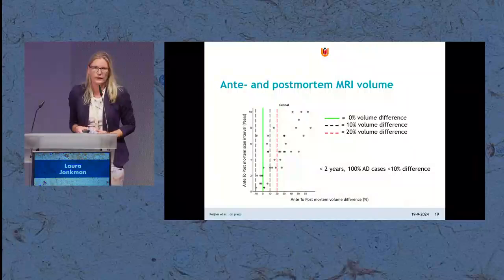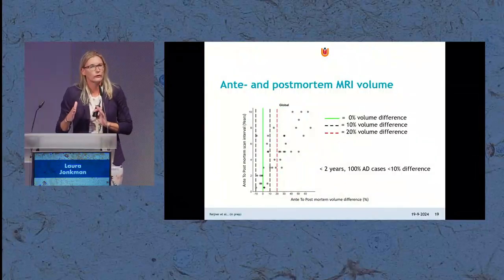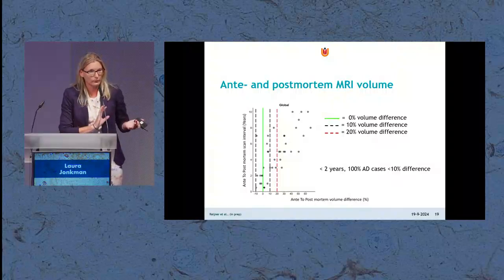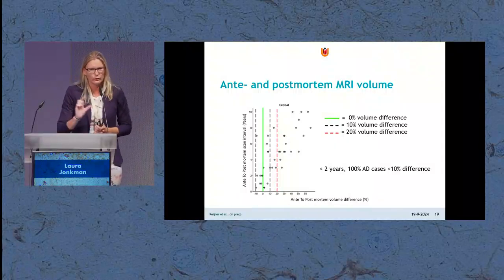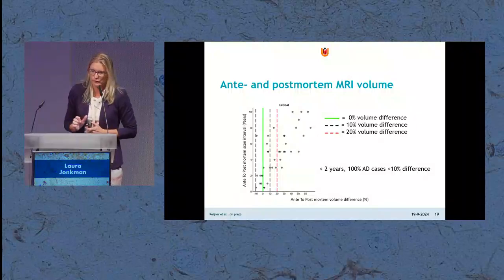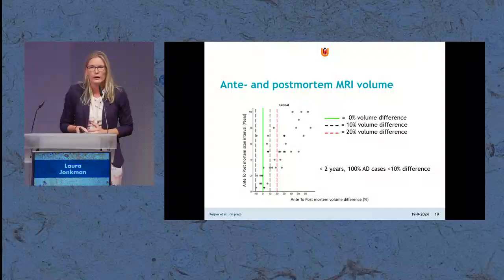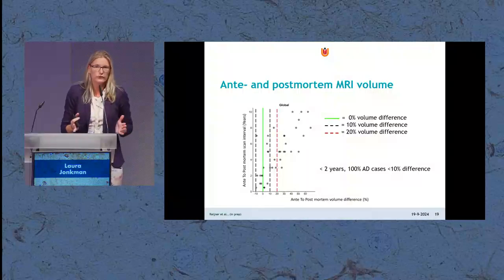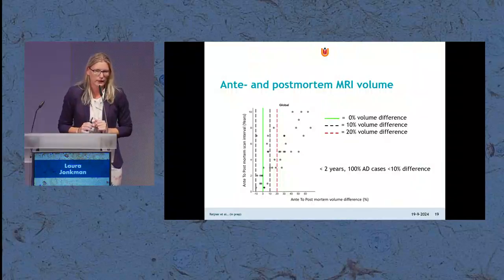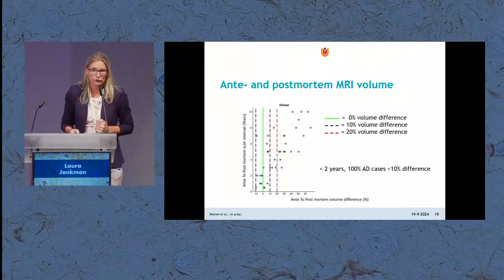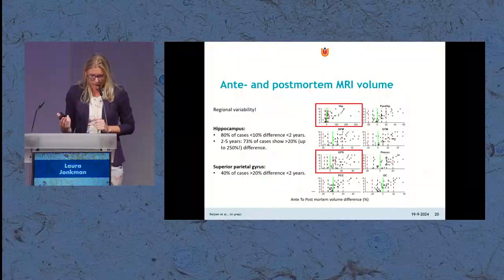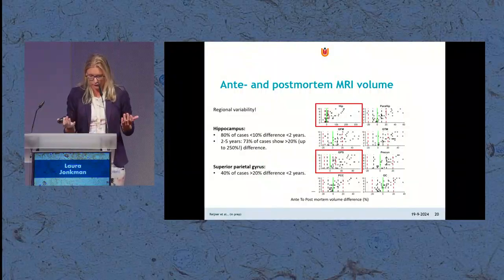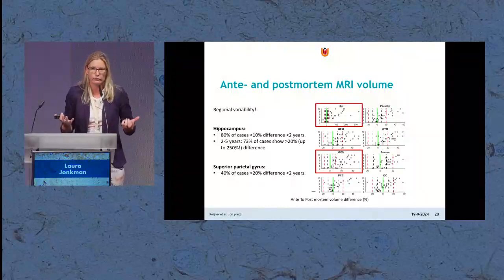To come back to the atrophy patterns, we also looked at a subset of donors that had antemortem MRI at various time points. So how comparable were they on a regional basis? Well, first, on a global basis, we saw that within a 2-year interval between the antemortem MRI and the postmortem MRI, about 100% of AD cases had less than 10% difference. However, there's large regional variability. For instance, within the hippocampus, we see that 80% of cases had less than 10% difference within 2 years, which